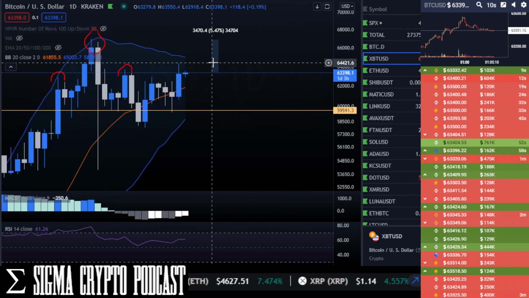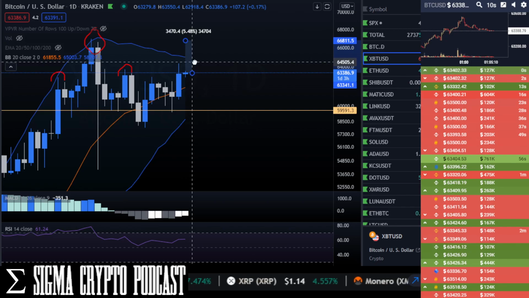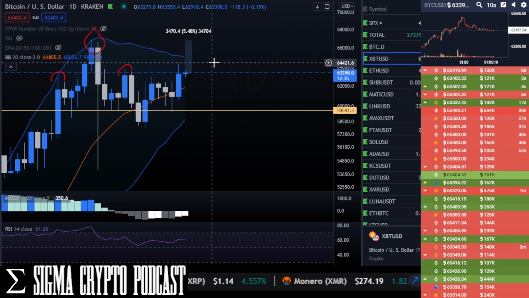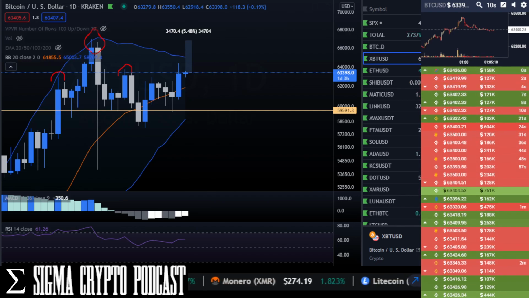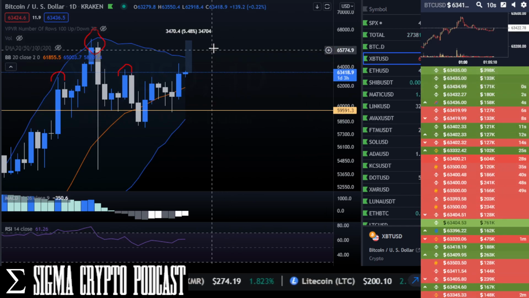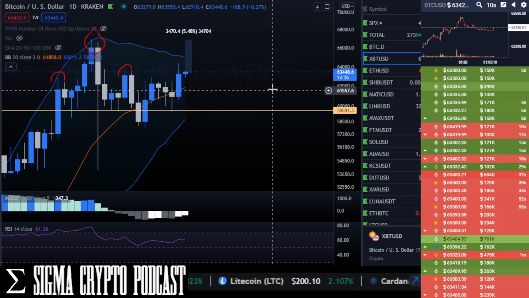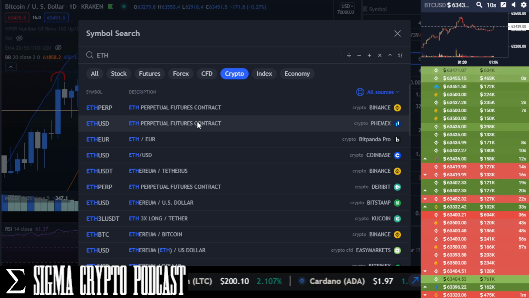We also have a possible failed bearish pattern on Bitcoin dominance that didn't play out, strongly implying an upside move, a continuation of the upside move. Bollinger Bands on Bitcoin tightening. You have a lot of stuff screaming at you saying volatile move incoming real soon. And then let's look at